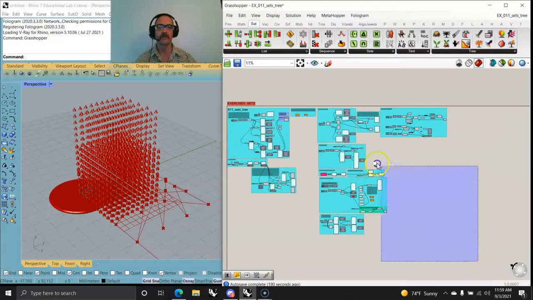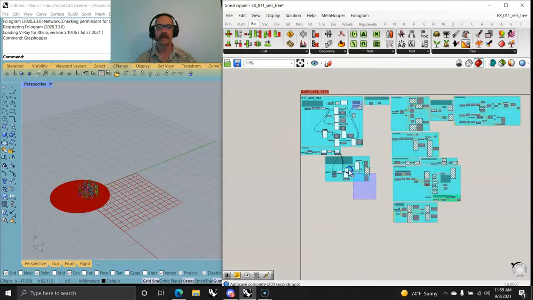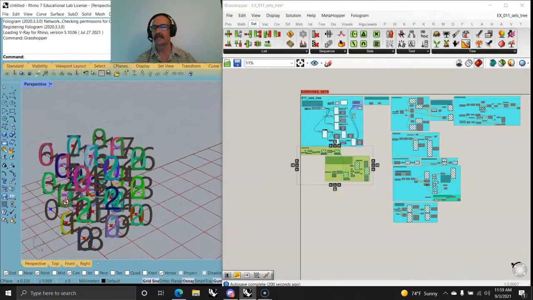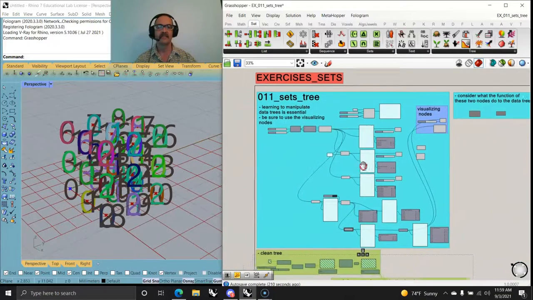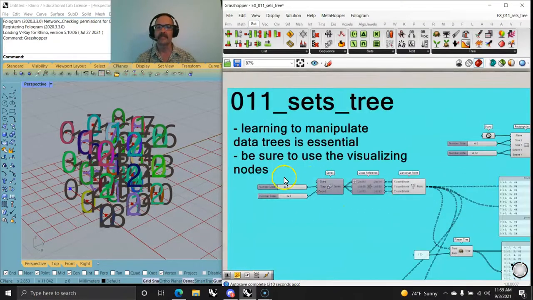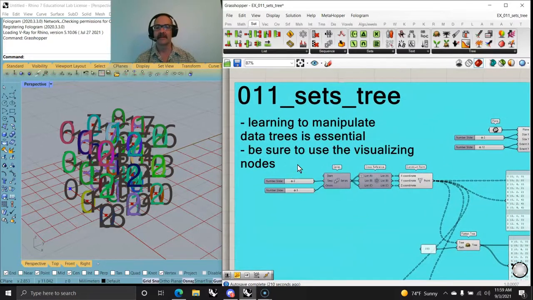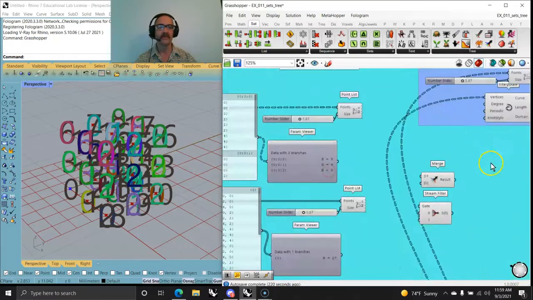So as I zoom out, I'm going to take all of this section here and disable that. And I'm probably going to grab all this section here and disable this. And let's see how far and detailed we can get just with this first section. And let's jump on in and see the fun. Learning to manipulate data trees is essential. Be sure to use your visualization nodes. And I think what we have here is